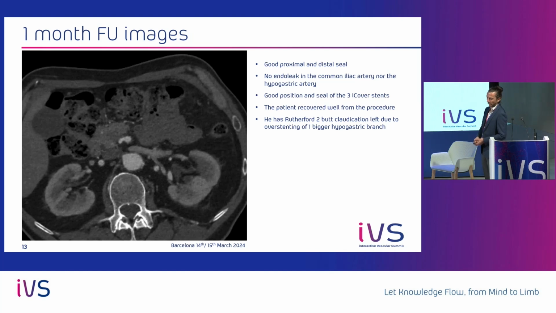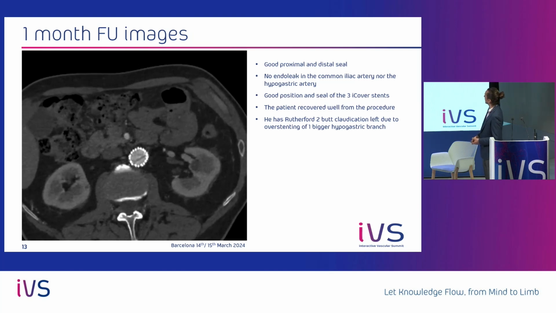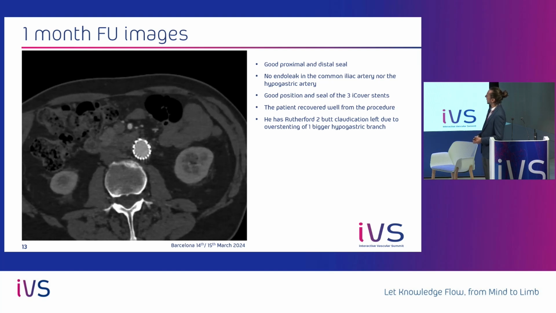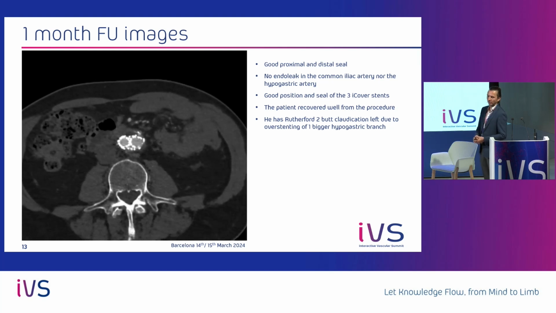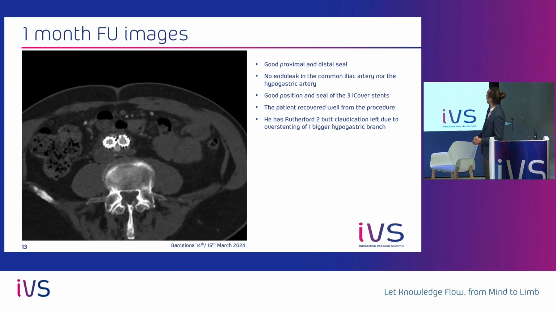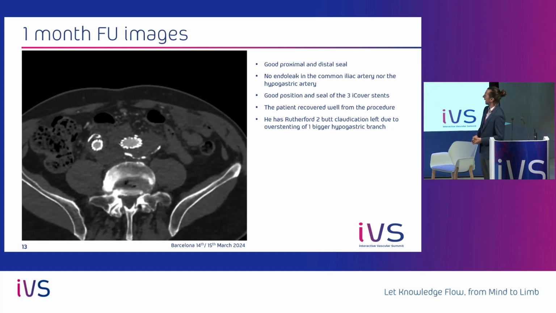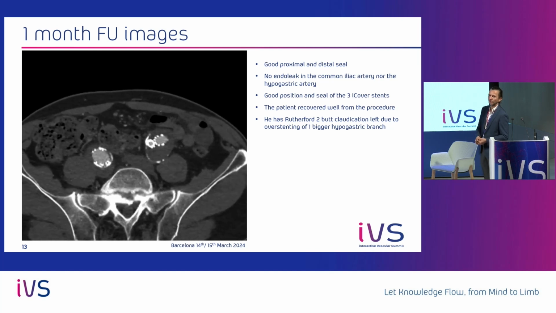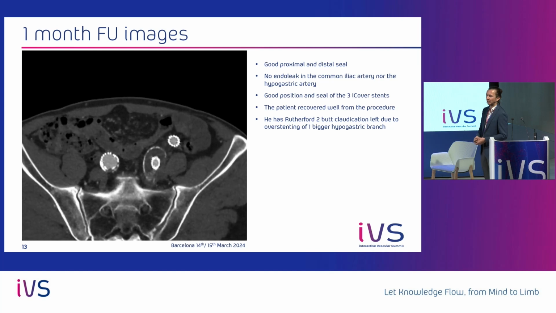1 month follow-up images, you can see them on the left here. We have a very good proximal and distal seal. There's a small endoleak at the aortic bifurcation, but actually no endoleak in the left common iliac artery or in the left hypogastric artery. And we see a patient that recovered very well, but even with the IBD and the hypogastric preservation, he still has a Rutherford 2 gluteal claudication or butt claudication on the left side,